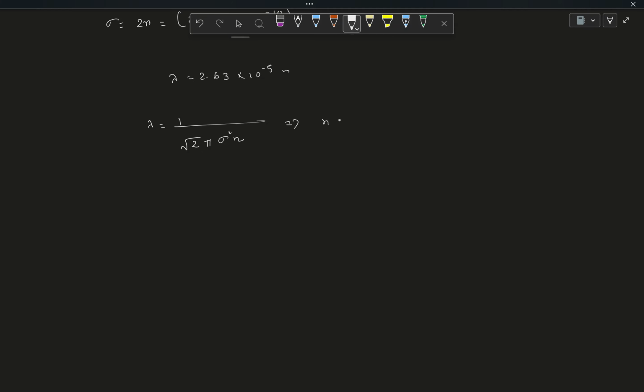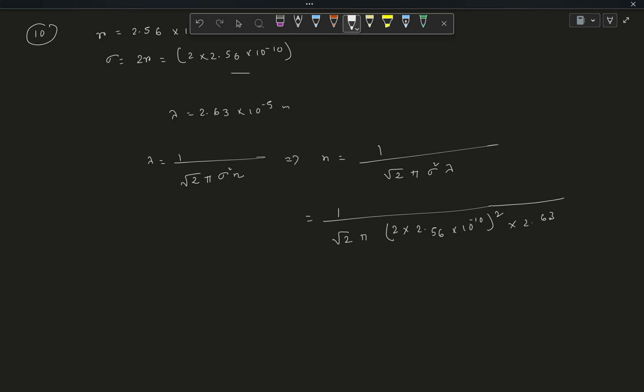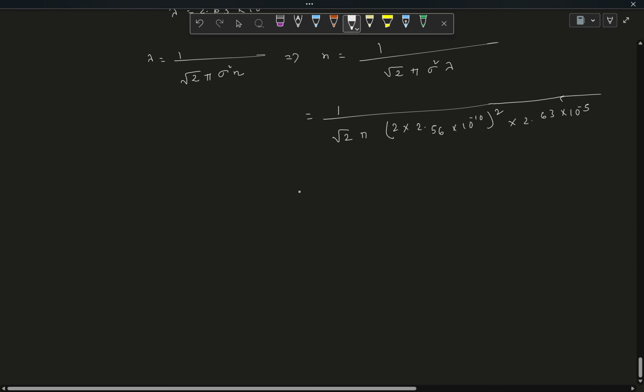So then n is equal to just 1 by root over 2 pi sigma squared lambda, which is 1 by root over 2 pi into 2 into 2.56 into 10 to the power of minus 10 whole squared. Okay, and then you multiply it by lambda, which is 2.63 into 10 to the power of minus 5, and this value is